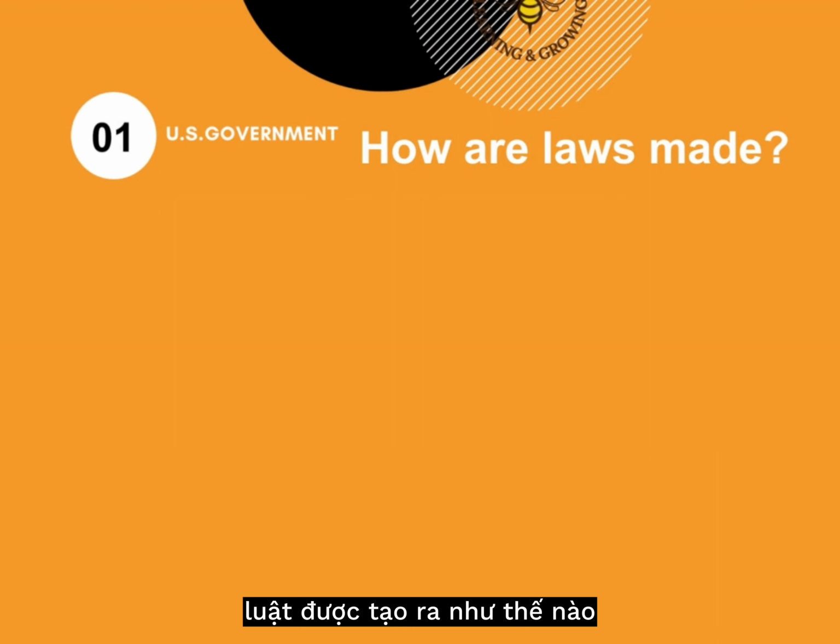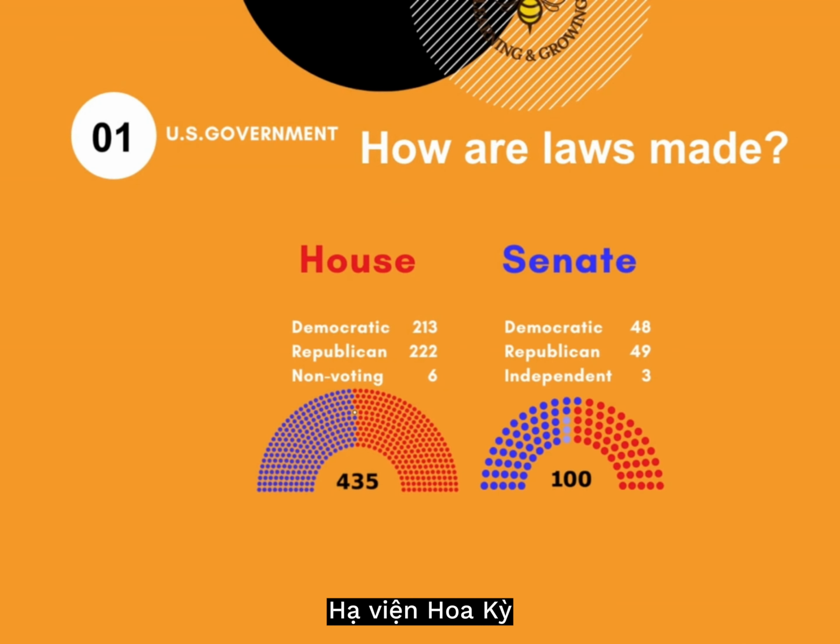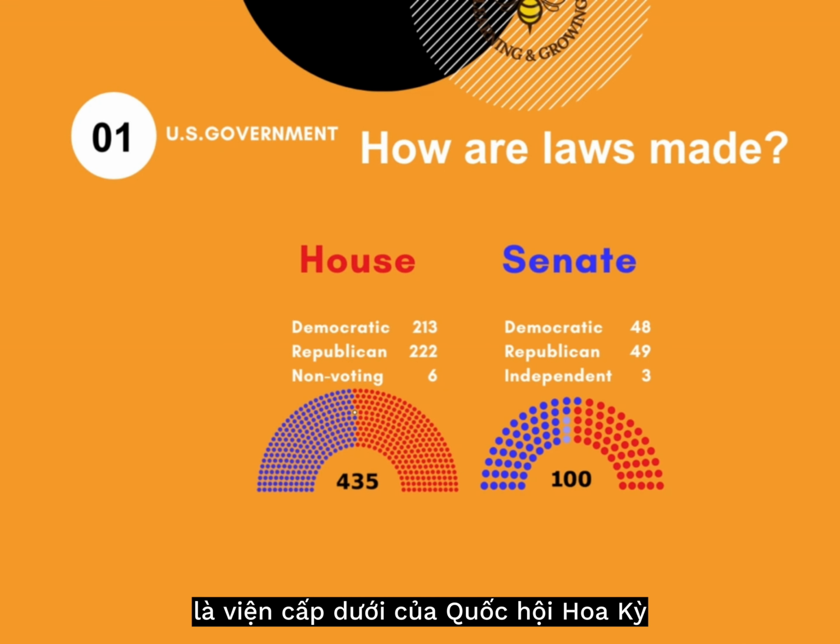How are laws made? The United States House of Representatives is the lower chamber of the United States Congress, with the Senate being the upper chamber. Together, they comprise the national bicameral legislature of the United States. The United States Senate consists of 100 members, 2 from each of the 50 states. There are currently 435 voting representatives. 5 delegates and 1 resident commissioner serve as non-voting members of the House, although they can vote in committee.